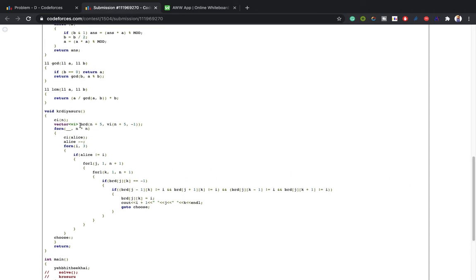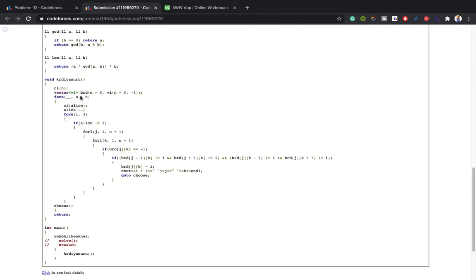So yeah, let's begin. Firstly I create the box, fully empty. Let's suppose each element is -1, meaning no color is filled right now. For the n cross n inputs, first Alice gives the number. Alice chooses a number. Then I run a loop over 0, 1, 2, meaning all three colors. If the current color is not chosen by Alice, say Alice chose 2, then it will be equal to 1.